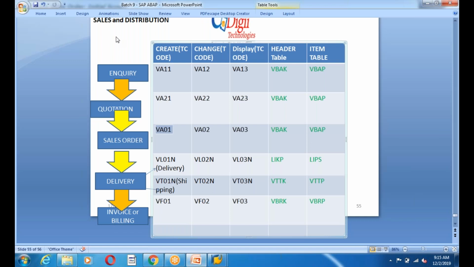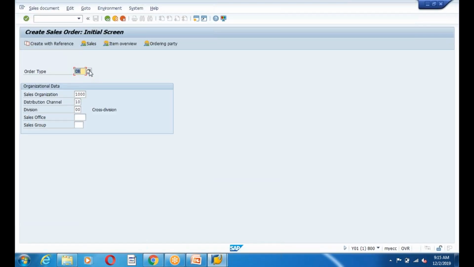It's under Sales and Distribution. Inquiry is a sales document, quotation is a sales document, and sales order is a sales document. But everything, the inquiry, the quotation and the sales order, is stored in VBAK. So how do you distinguish which is an inquiry, which is a quotation, and which is a sales order? Based on what will you differentiate, right? The differentiation is the AUART. It's the order type field. Order type, AUART.